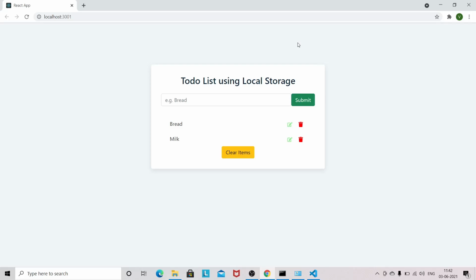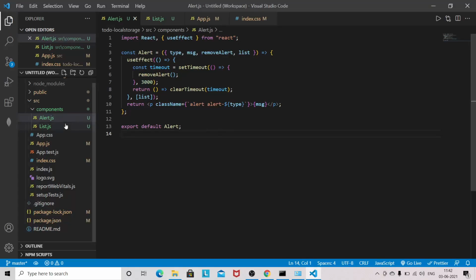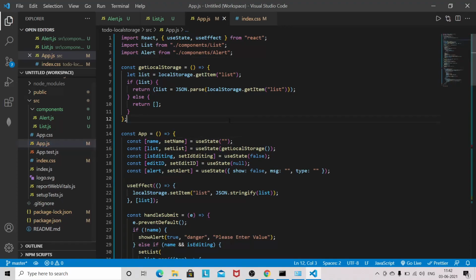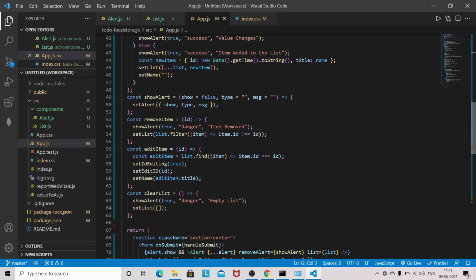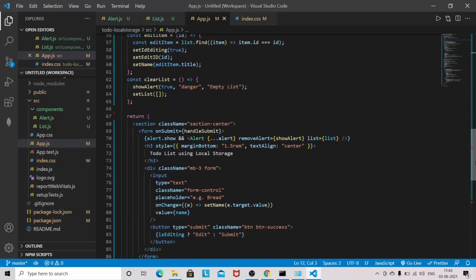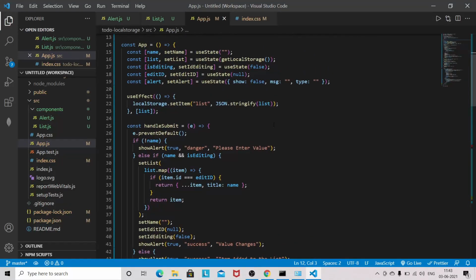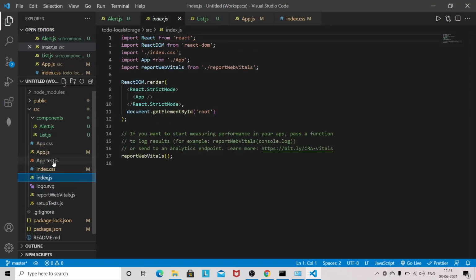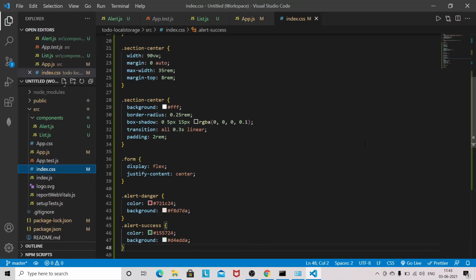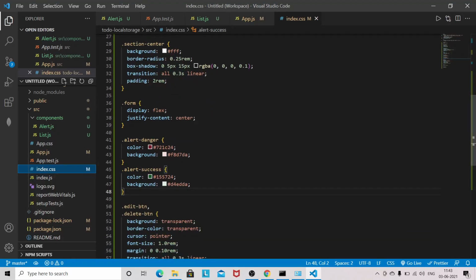And guys, I forgot to add some class names, I mean styling. In alert you can see that the alert is receiving different types. From app.js we are passing the type like danger or success. So these two types we are passing, but we haven't given the styling in our index.css file. Based on success or danger we have to give this styling, so alert danger and alert success.